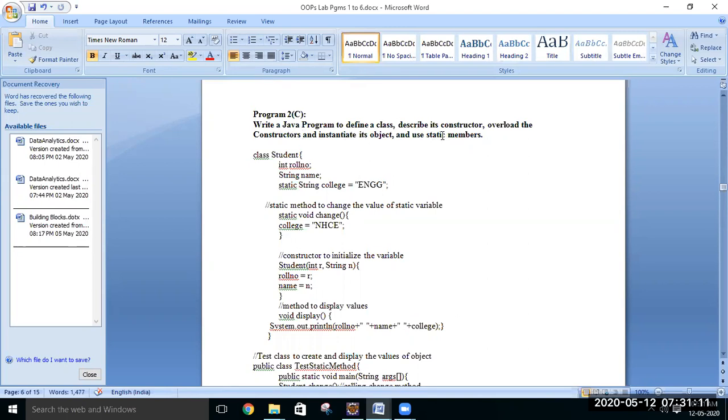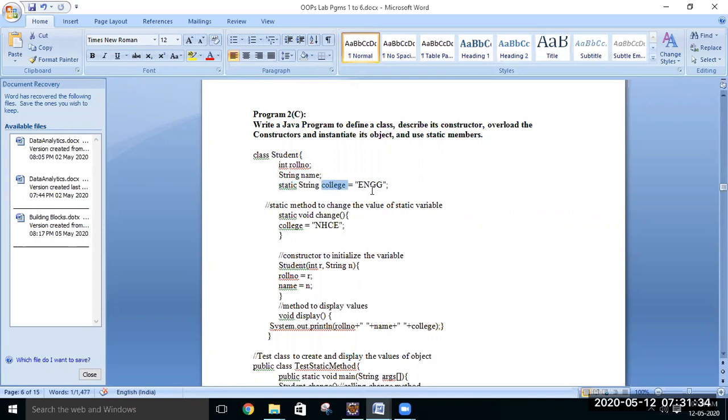That is the additional information which is included here. You can see the class student itself has data members as roll number and name of the student, and here we have a special member of this class, that is a static member. The keyword static is used, the name of the member is college, and we have initialized it as engineering.